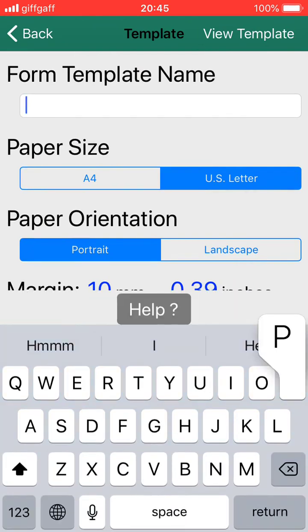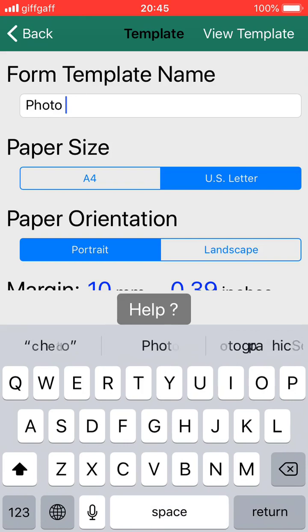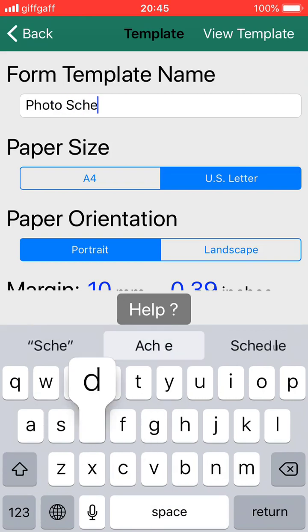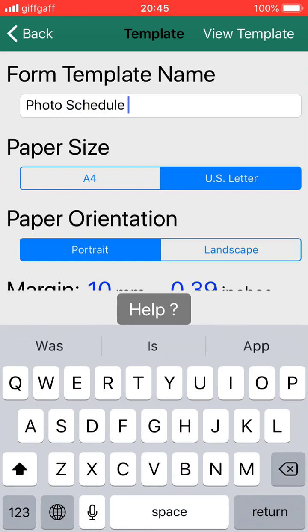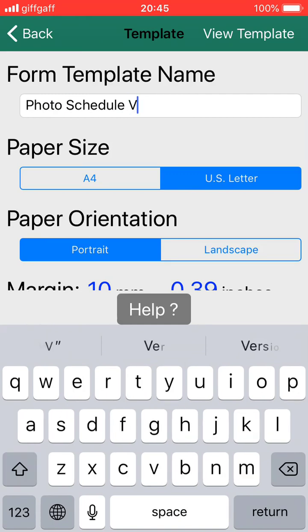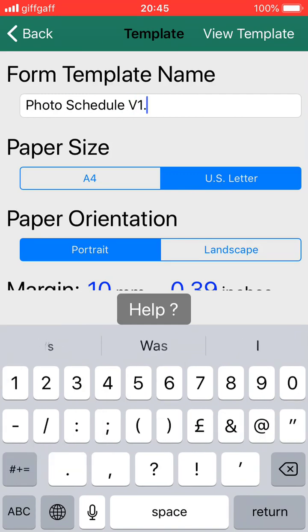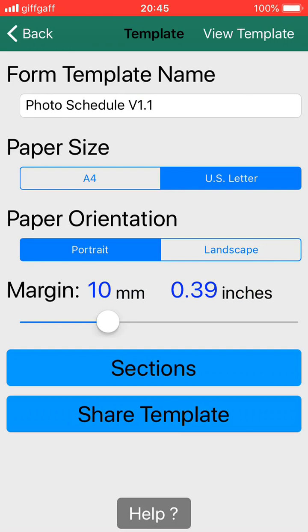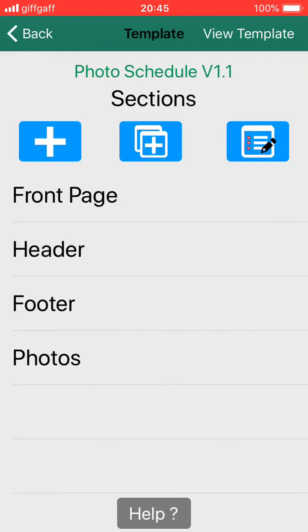We give the new template a name. So I'm going to give it photo schedule version 1.1. Here we can select our paper size, whether we would like landscape or portrait. If we go through the sections,